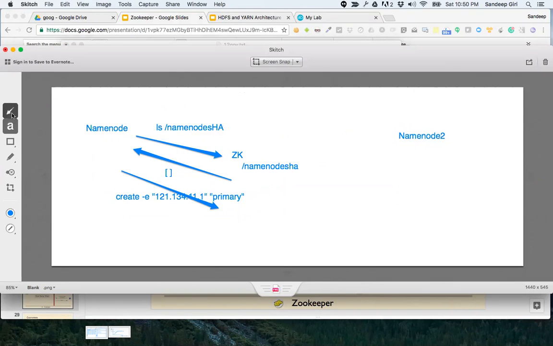Now let me see the name node again. It will say give me name node HA. The ZK responded saying, okay, we have one thing called this particular.